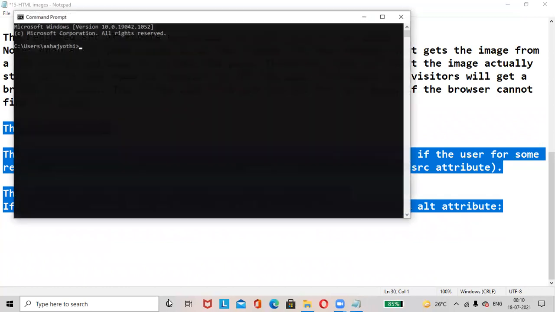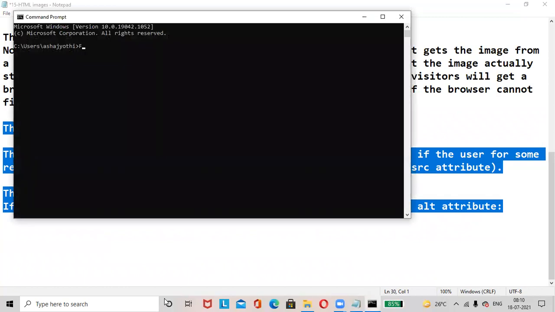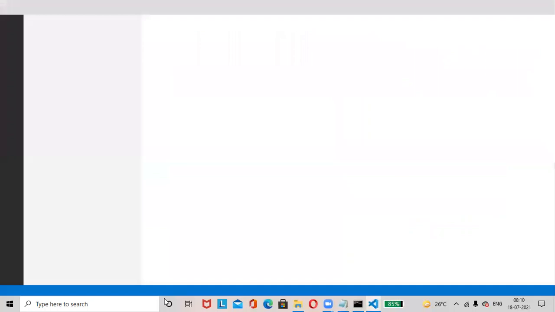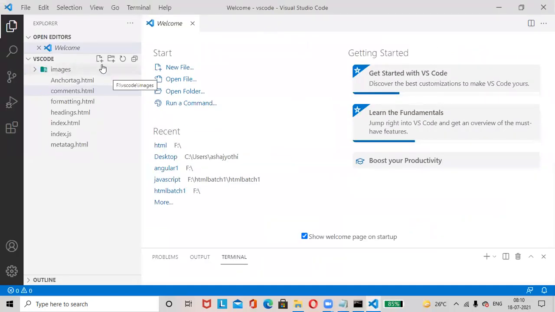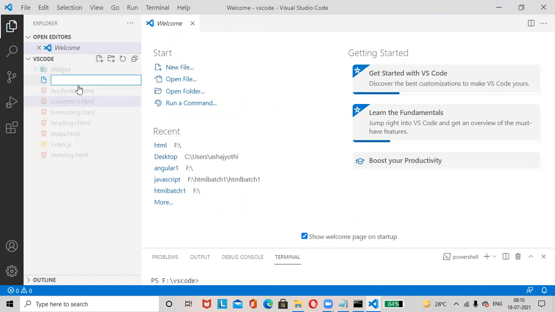Go to command prompt. Type code space dot to open the Visual Studio Code editor. Add a new file here, img.html.